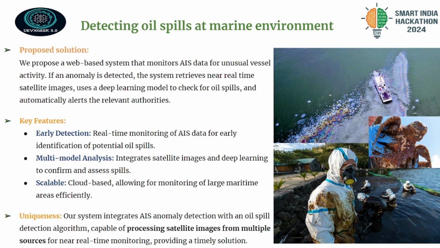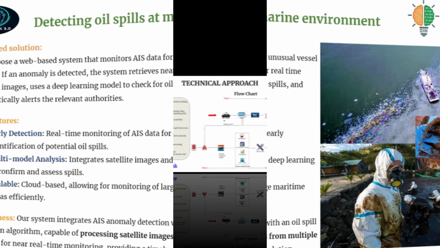The next unique aspect is that our AIS anomaly detection model can analyze vessel movements and behavior patterns and compare them with expected routes to detect suspicious activities. And one more important feature is that our system also identifies risk zones using a combination of AIS data and satellite imagery. We generate risk maps based on vessel traffic patterns and density of vessels.